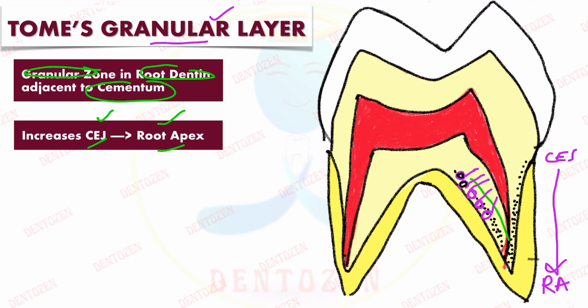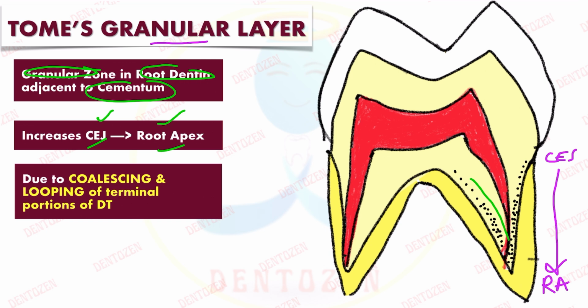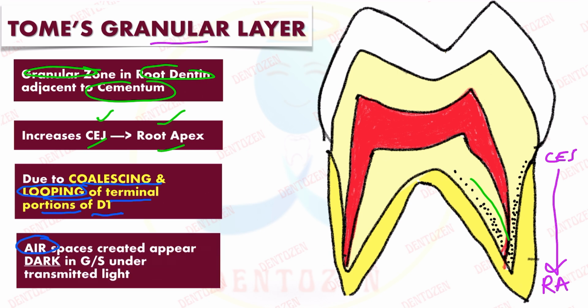These spaces are created which get filled with air when we prepare the ground section, and these air filled spaces appear as dark granular appearance. So that is the answer that you have to give. That is, this is formed due to coalescing and looping of the terminal portions of dentinal tubules, and within these loops the spaces are created which get filled with air,